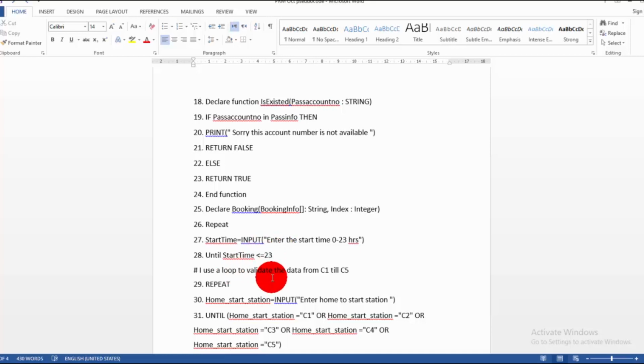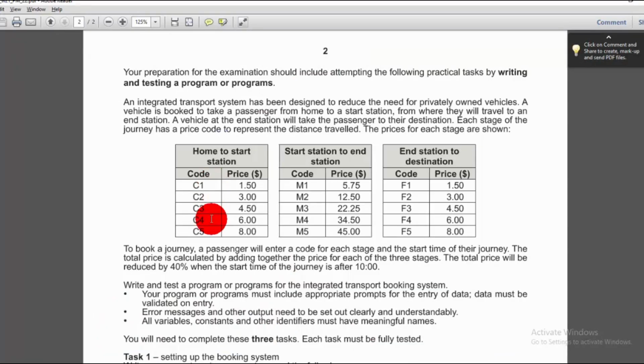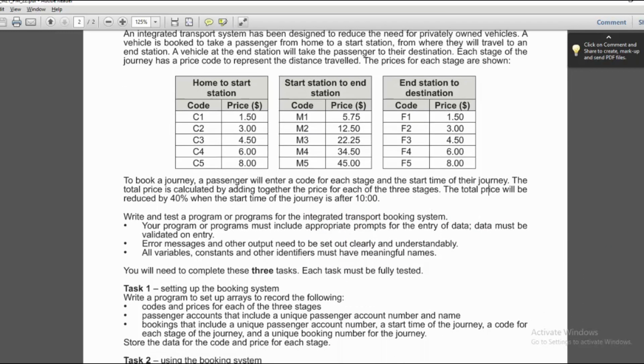Now I use the loop to validate the data from C1 till C5. As you can see here, C1 till C5, the price tags have been changed, right? And it is also here that the price will be reduced when the time of the journey is after 10, right? So we have to just keep this point in our mind as a reference, that it could be added later on, right?